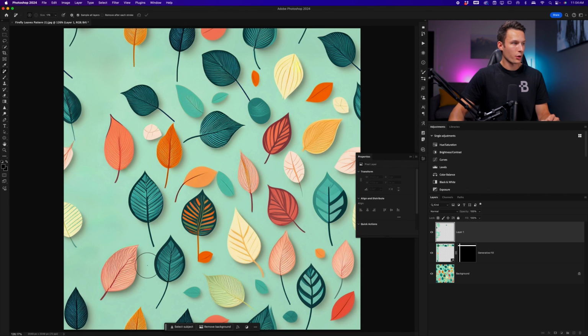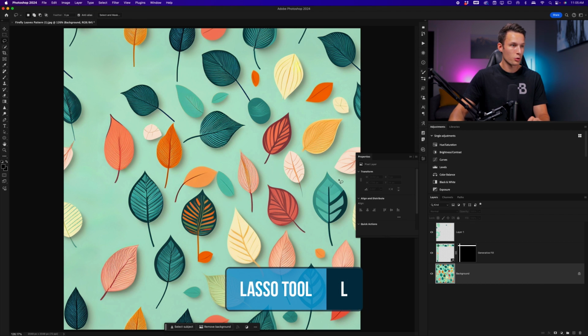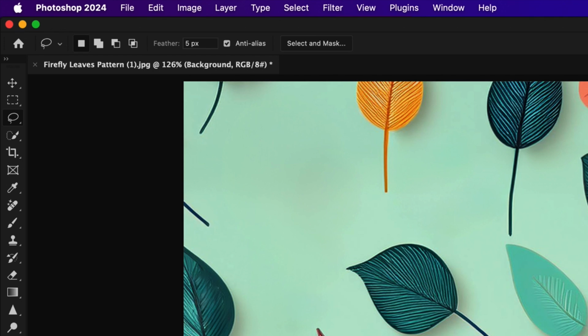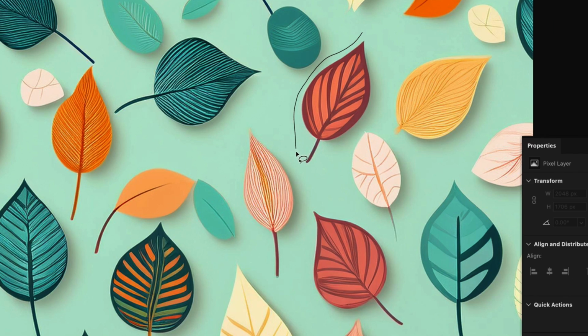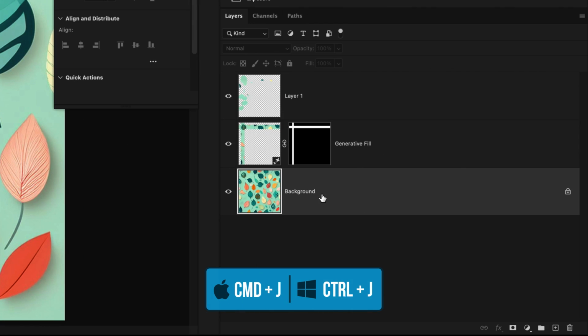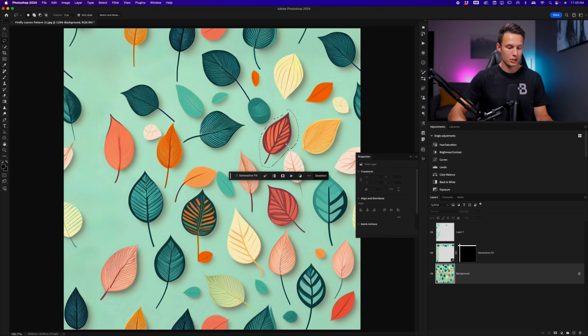Now we're getting pretty close, but we now have 2 giant blank areas that we want to fill in that we have removed those not nice looking leaves from. So to make our life easy, we can just click on the background layer, grab the lasso tool by pressing L, and with a feather of 5 pixels, I'll just click and drag around the leaf that I want to duplicate, and then press Command or Control J while that background layer is selected and that selection is active.